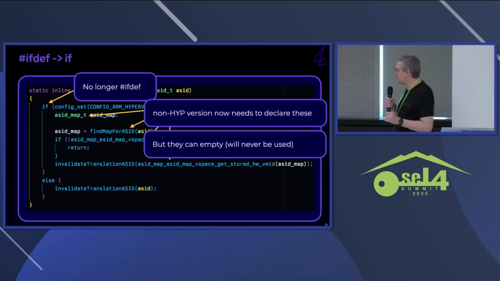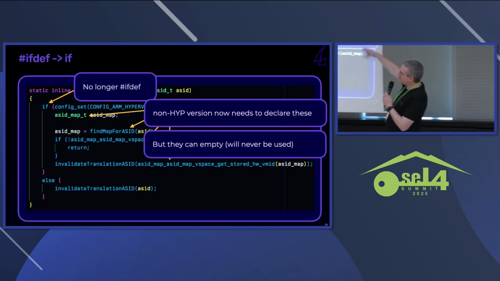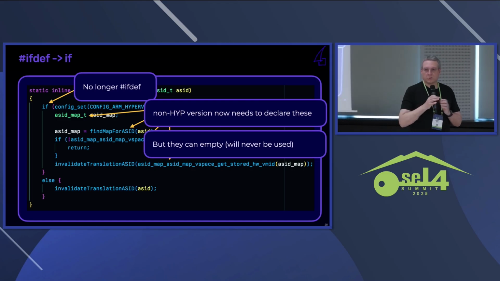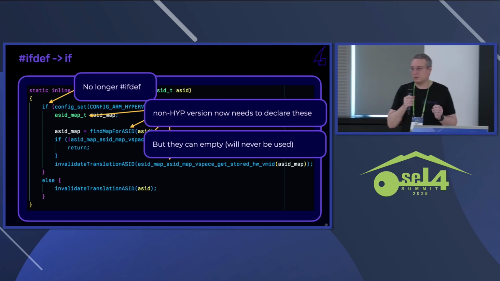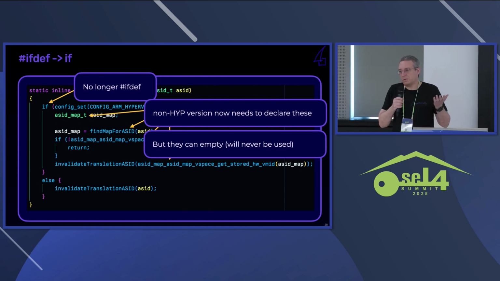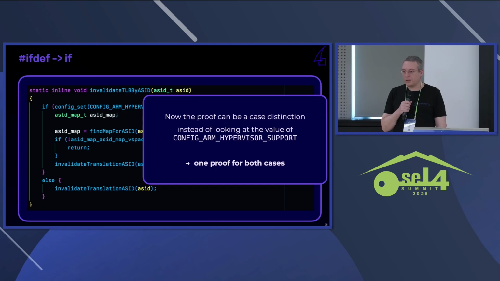So when the compiler sees a 0 up at the front, this branch will be completely gone from the binary. So it doesn't really matter what those names are, but they will be in the namespace. That is the price we would have to pay. And so if I do that, I can do a proof for both cases. In fact, most of the time,